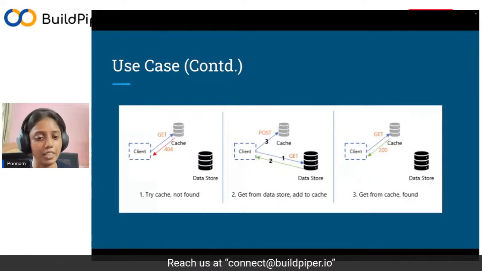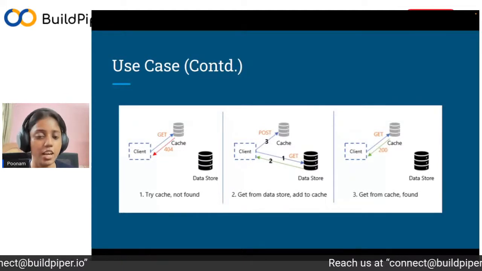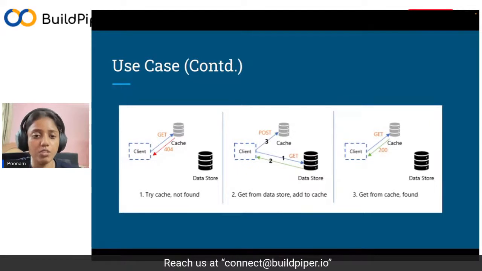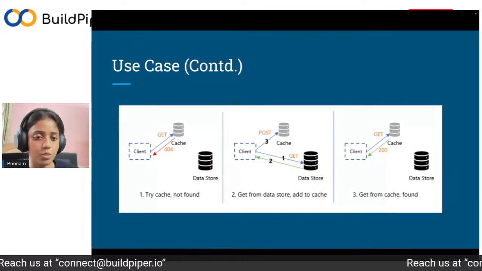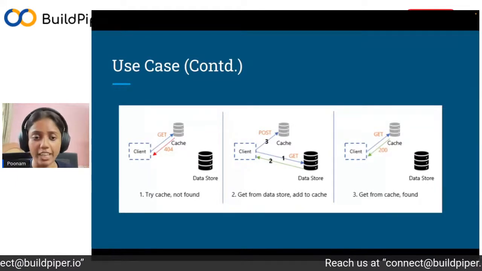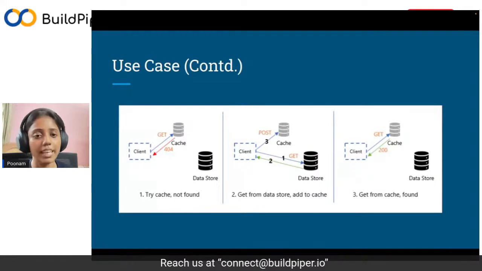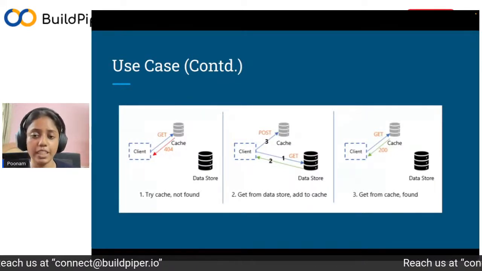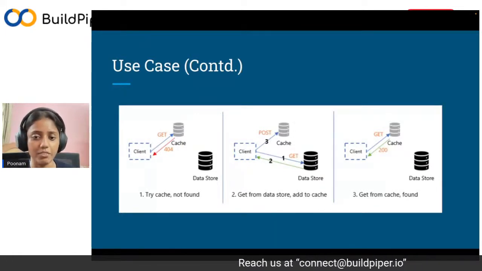So in the first part, we try the cache. If it is present in the cache, it's well and good. Otherwise, we go to the database, do the call, and serve the request with that DB call. So we tried the cache but didn't find it. In caching terms, this is called a cache miss. In the second part, we went to the data source and got the data from the database.